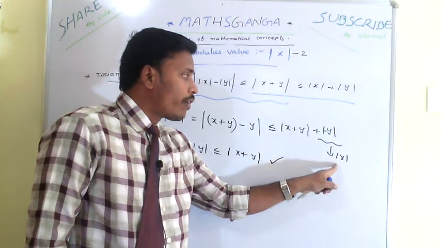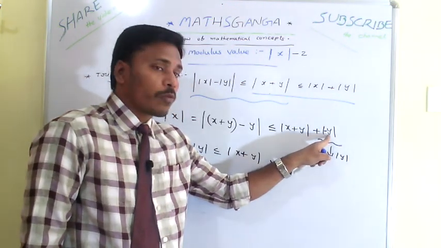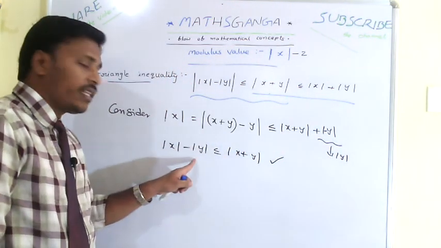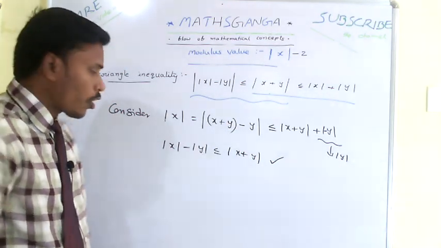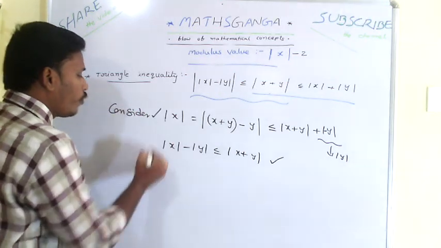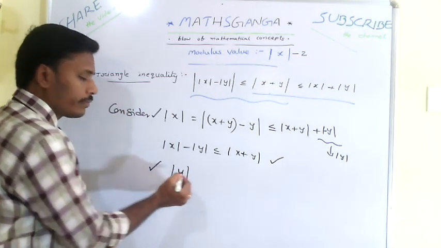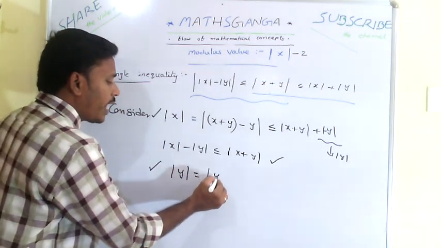Mod minus y and mod y both are same. So if you replace this mod minus y with mod y by sending it this side, mod x minus mod y is less than or equals to mod x plus y. Okay. Now in the same way, if you consider mod y,